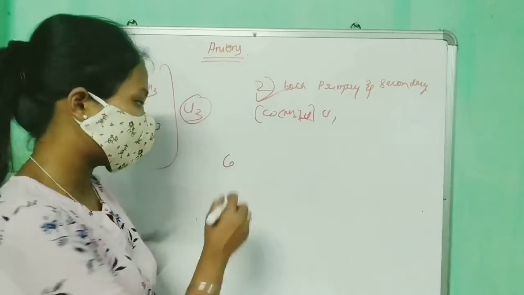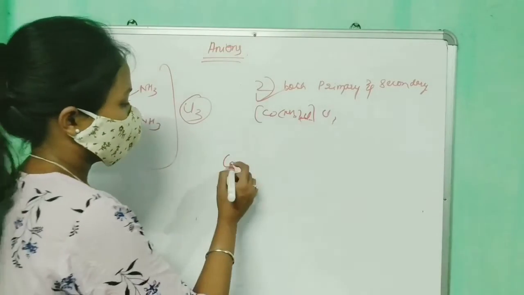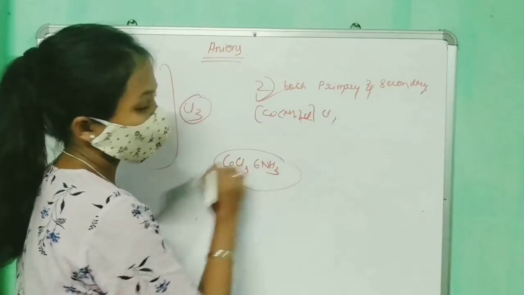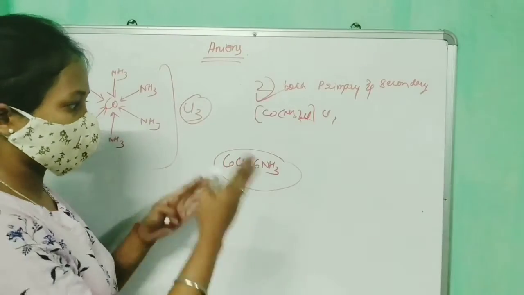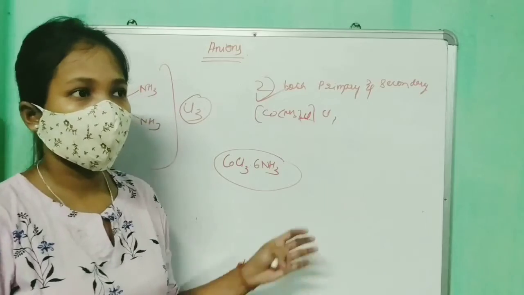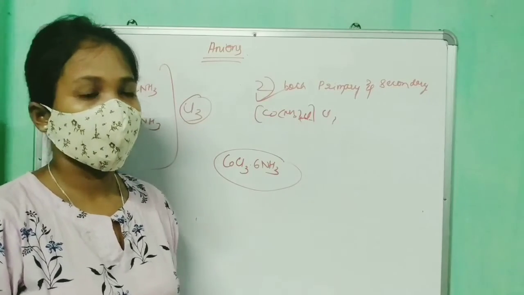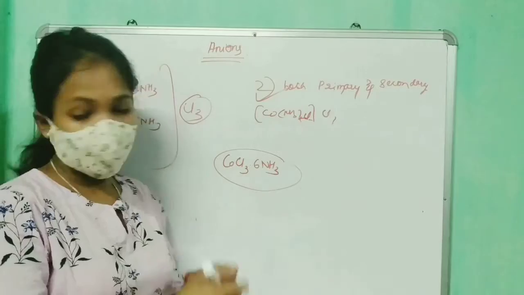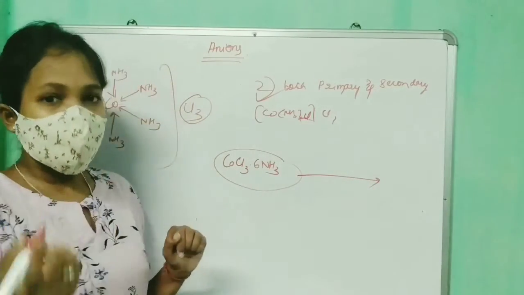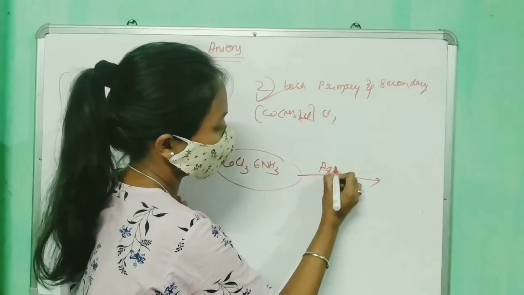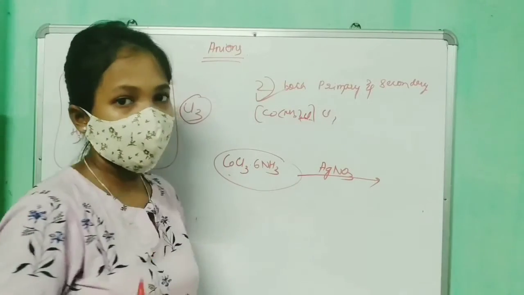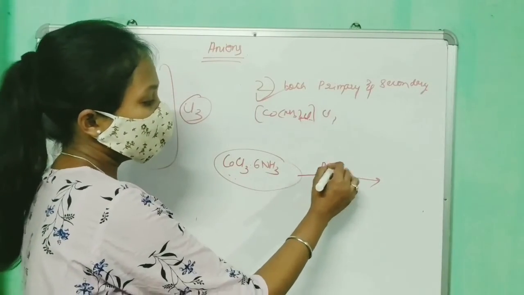What he knew was, basically he knew that there was cobalt, there were 3 chlorines and also there were 6 ammonia, right? He knew nothing else about this, like how the structure will be. Will the ammonia be attached with cobalt, or all of this. He did not know about all of this. But what he did was, he added silver nitrate, right? He added silver nitrate to this mixture, I will not say complex now, but to this he added silver nitrate, right?